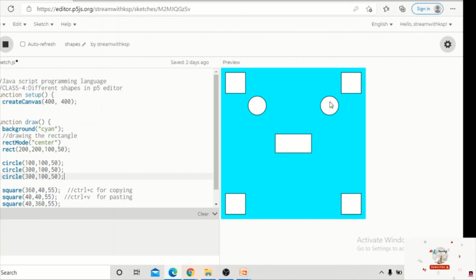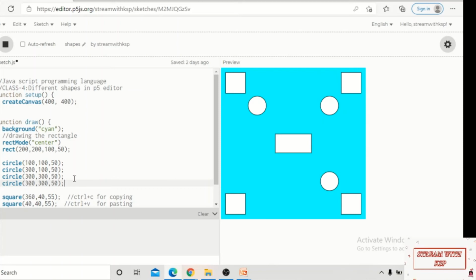Now you can think if I want to bring this circle to the bottom, I need to increase the second number. So I'm going to increase the second number to 300. So 300, 300 will be giving a circle exactly where I want. Now again the last place I'm also going to display is the bottom left corner side. So you can understand how I am doing this easily. I'm depending on one circle and I'm trying to change the X and Y values so that I'm able to get an exact position.